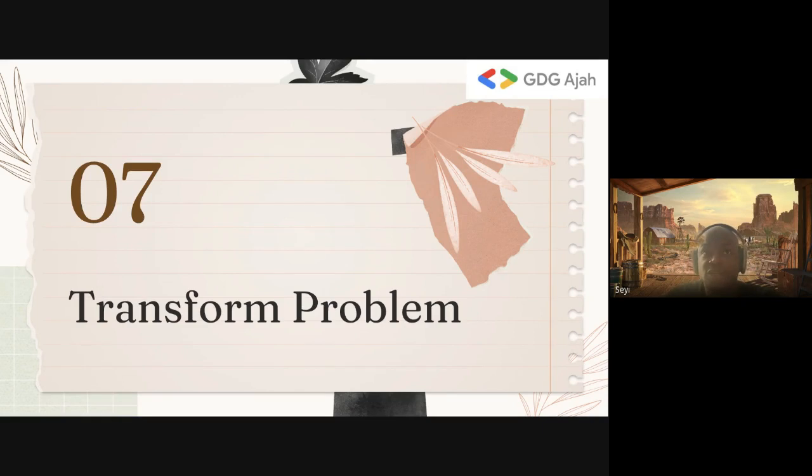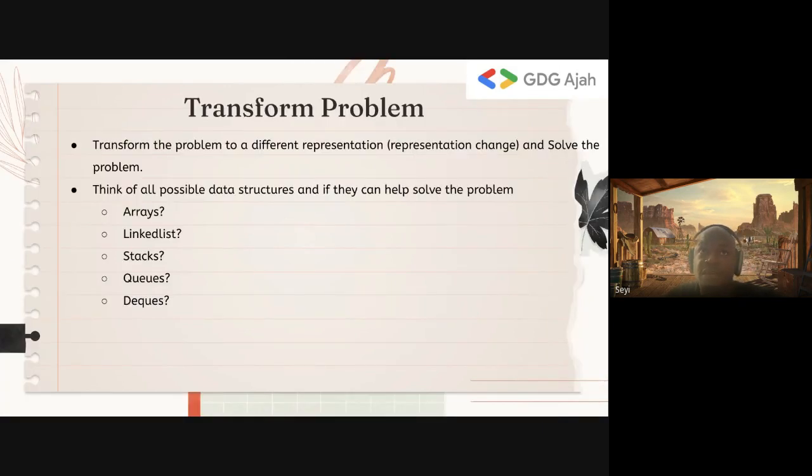You see the thing? I can transform the problem to a different representation, and then I solve the problem. But the catch is, when I transform the problem, something has to give. Either I incur extra time to transform the problem, or I incur extra space to store the structure I'm going to use to store the problem, or both. But something has to give.